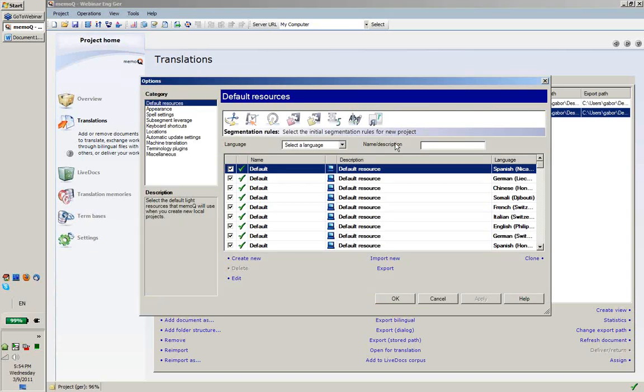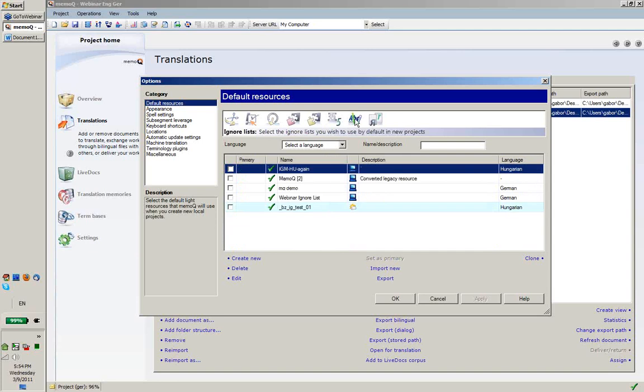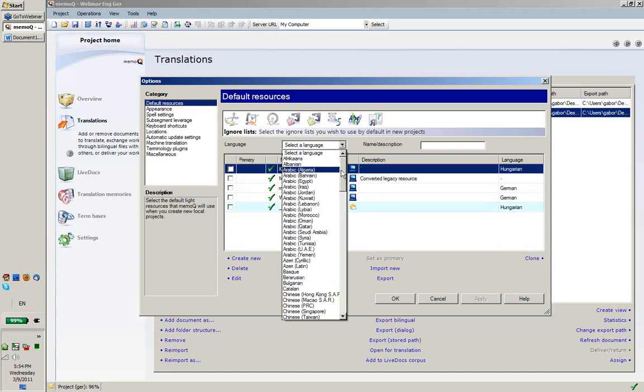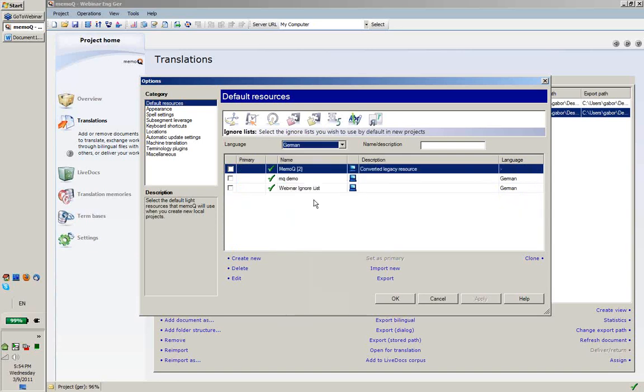I'm just going to go to Ignore Lists, select German for the language, and click this item. This tells MemoQ that whenever I create a project from now on that has German as the target language, MemoQ will automatically memorize to use webinar ignore list in that project. This spares you the extra clicks before you could first click add in the spell checking dialog. Okay,